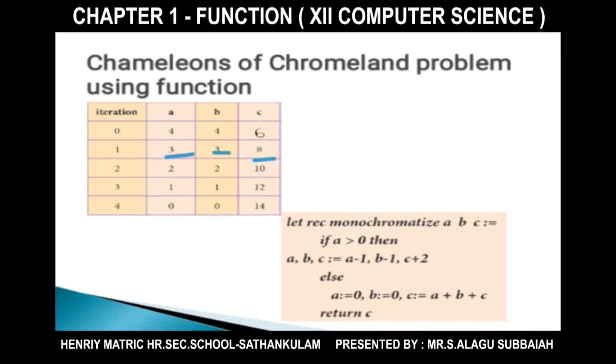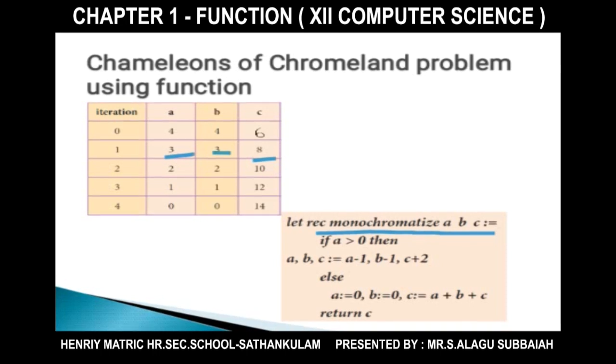So we will see the program, that is the function. Here we are using the let keyword and rec, because it is a recursive function. The iteration is continuing, so it is called a recursive function, and the name of the function is monochromatic. We have three parameters a, b, c. So how a, b, c change, we'll see.